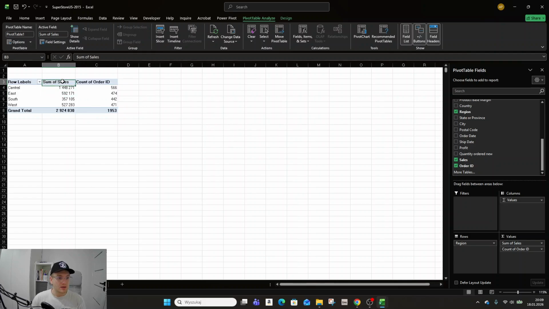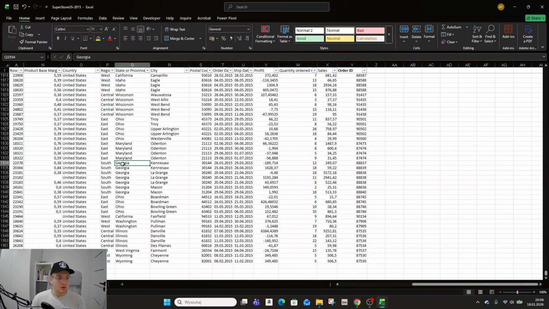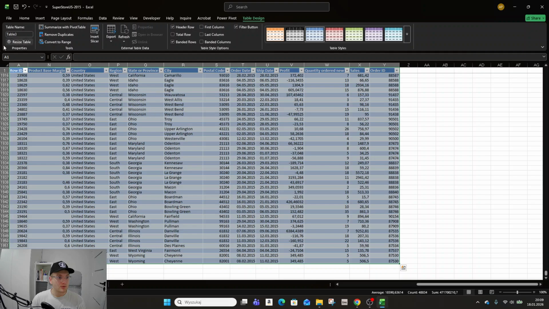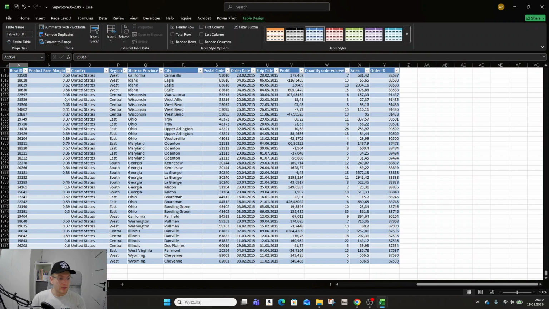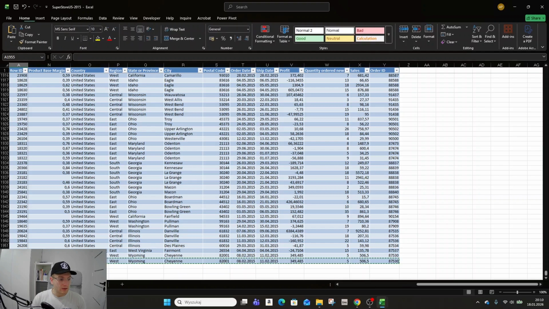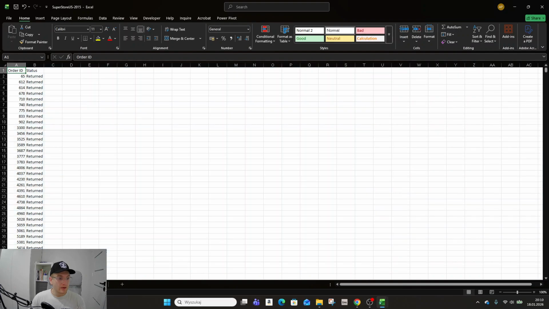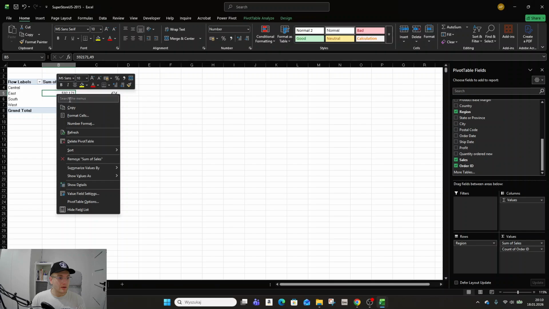However, if you're creating a pivot table out of a table, then the data range is updated automatically. So here I will create the table out of this. We'll call it table for pivot table in short, and now I'm adding another row, and so we can see it without any problem. We'll put some large number here, and if I refresh that,